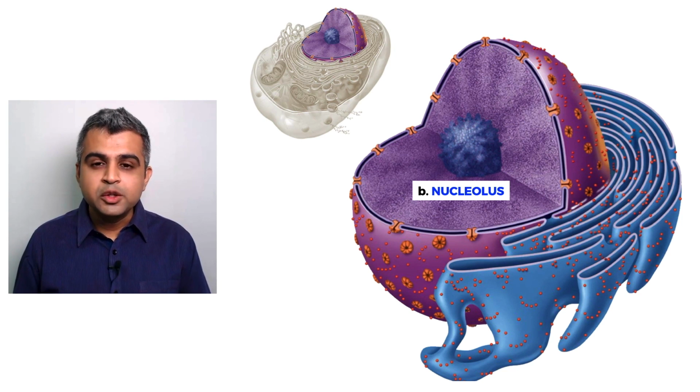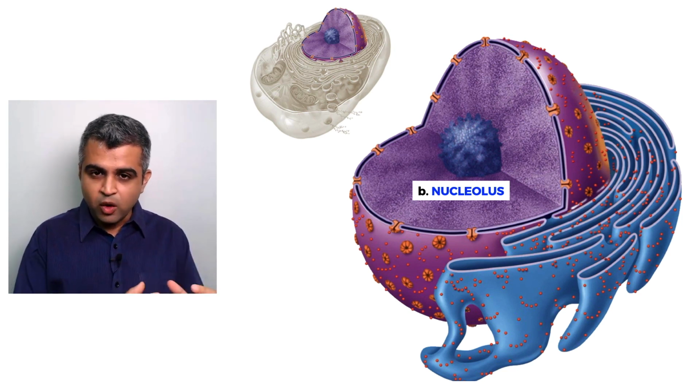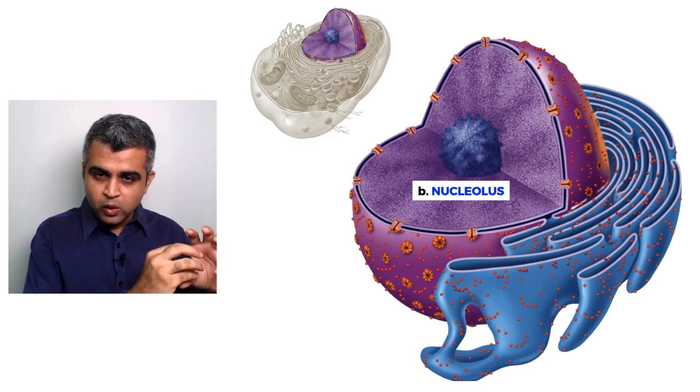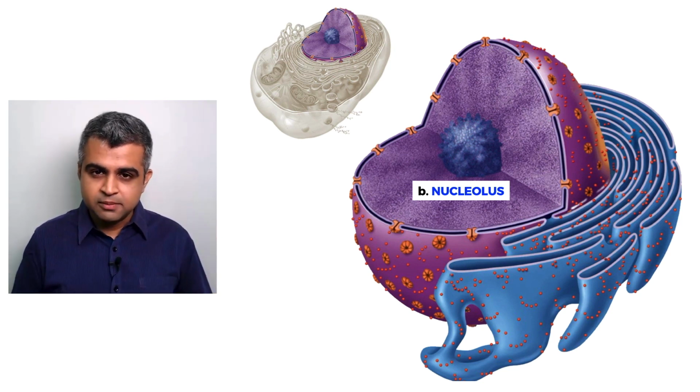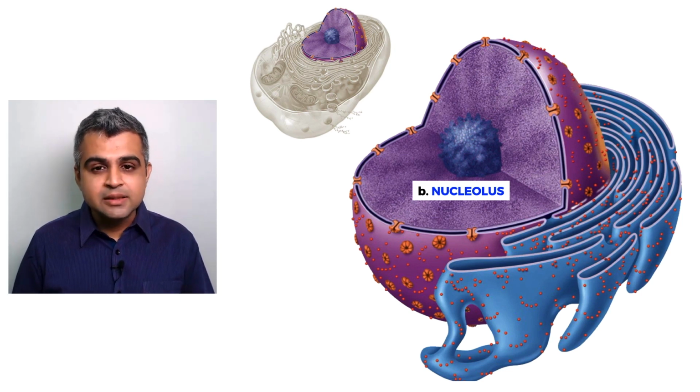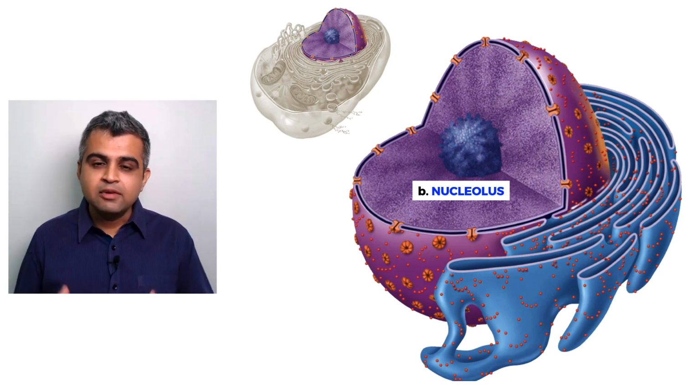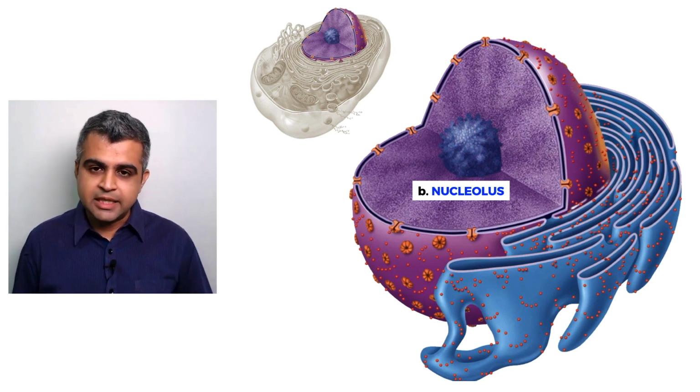So what do you need to know about the nucleolus? They are present in the nucleoplasm. They are spherical bodies. They do not have a membrane or a boundary. The material of the nucleolus is continuous with the nucleoplasm. They help in protein synthesis, and in cells which are actively doing a lot of protein synthesis, you will have multiple nucleoli. Nucleoli being plural and nucleus being singular.